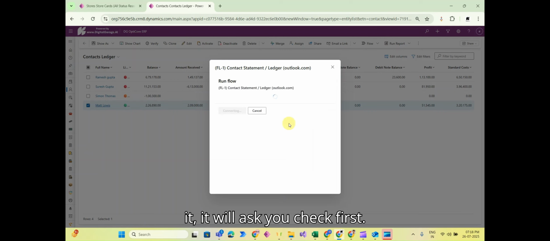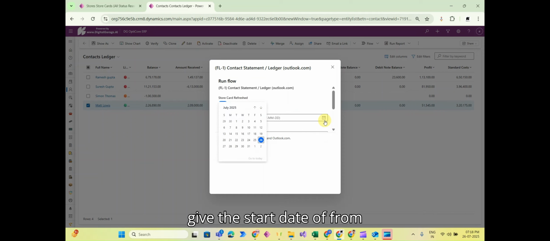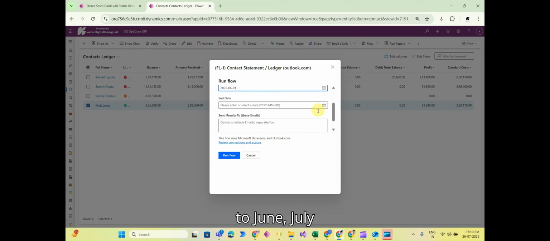it will ask you to check first. It's a store card refresh, because there is a manual check of whether you have confirmed the store card, and you need to give the start date and end date for which you want the transactions to be filtered. So let's say in this case we want to start from June 1st to July 26th,